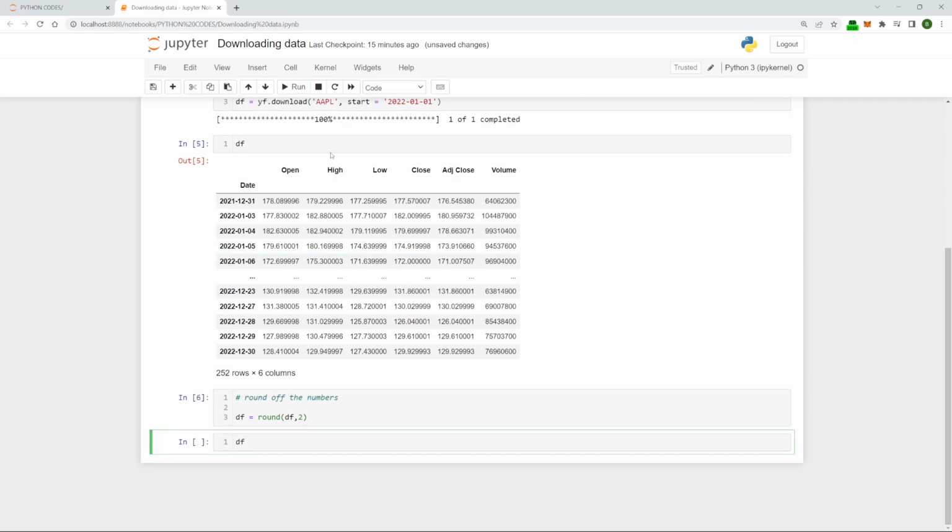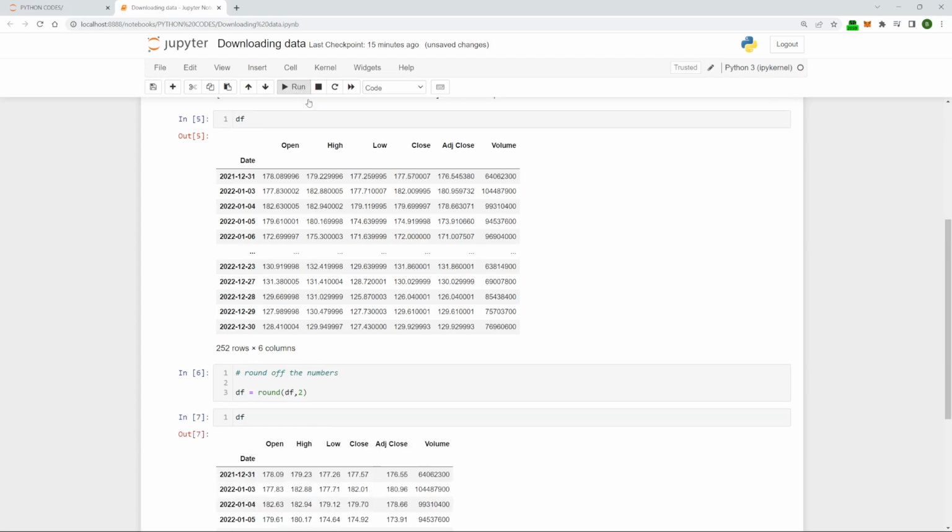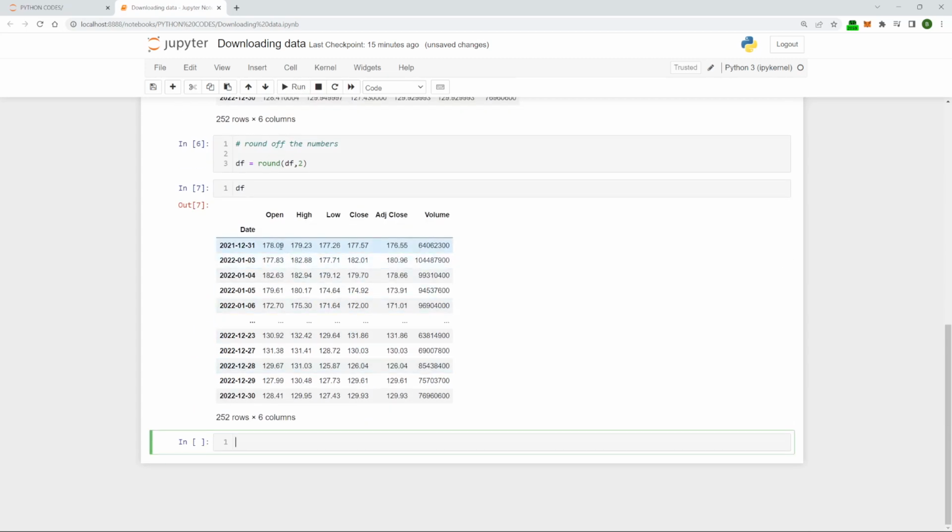Okay, that's been done. So let's call up the data frame again and see what we've got. Now you can see that the decimals have been rounded down, a little bit clearer, a little bit cleaner. Now finally, what I'll show you is heads and tails. No, I'm not flipping a coin. But what we can do here is, you can see we've got 252 rows. So we might just want to bring up a small section of the data frame. So what we can do is go